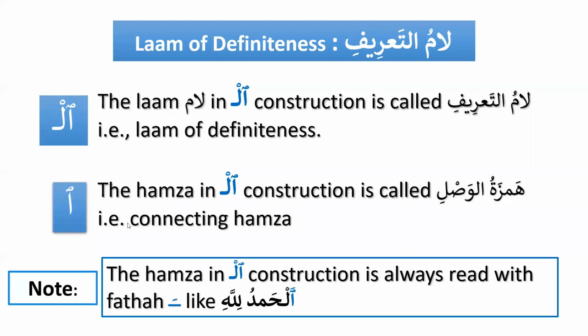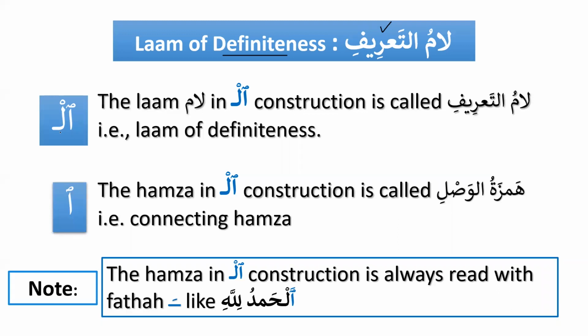Now, the first introduction to the lam. So this is the first lam. As I told you, there are many lamat, as we say lam, and the plural of Arabic lam is lamat in Arabic. So there are many lamat in the Arabic language. And the first one that we have learned so far is called lamut tarif. What do we call it?